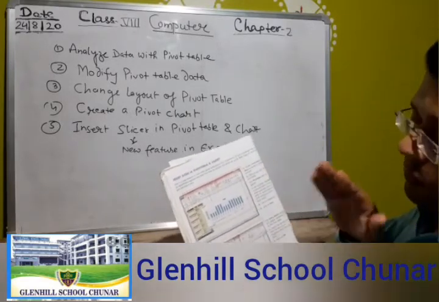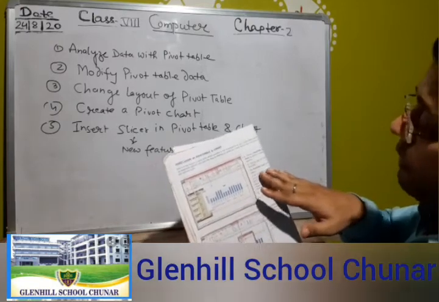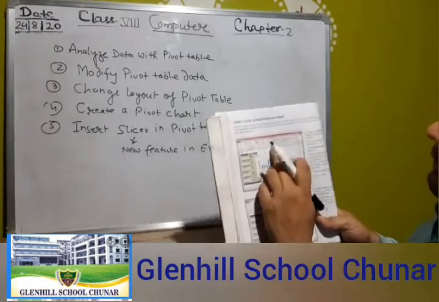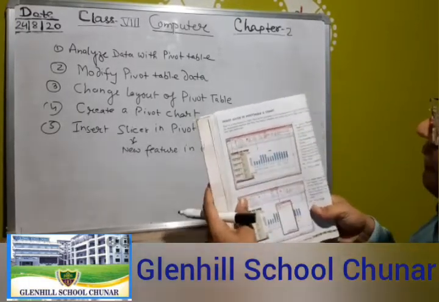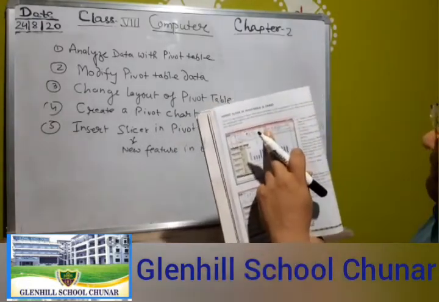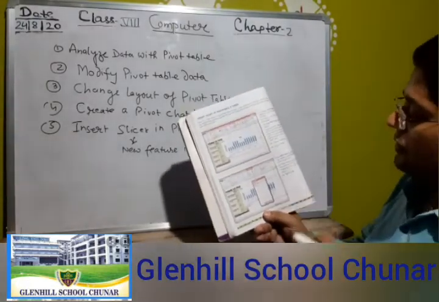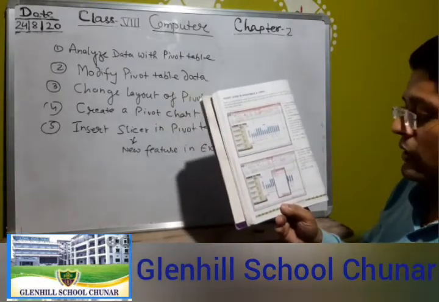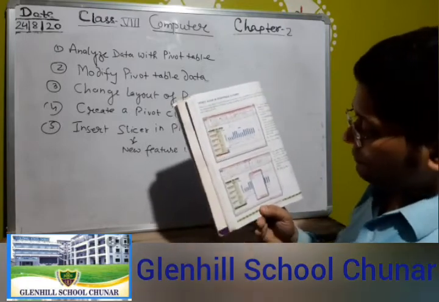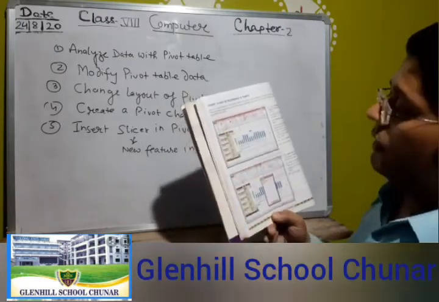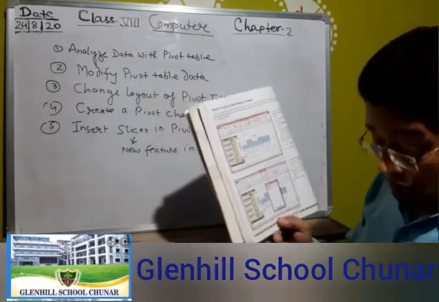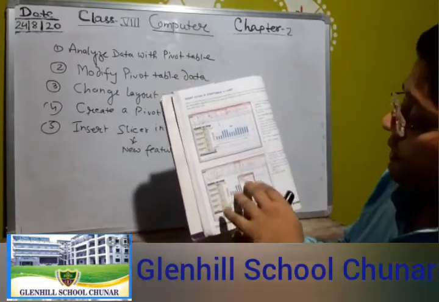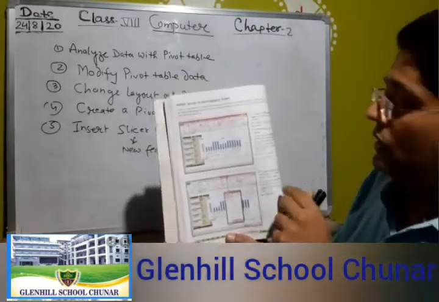Click on any cell in your pivot table and the pivot table tools will appear. Here the option is Slicer. Click on the Insert tab and click on Slicer. Then select the desired field from the list to view the respective pivot table and chart. Here are many chart types. Which type do you want? Just click the slicer option and click on the OK button.